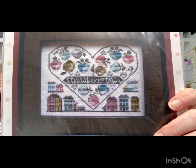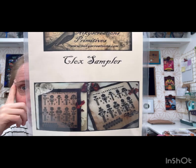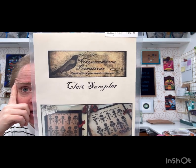Again, this would be a pretty quick little stitch. Just love it. It's so cute. So I got those. And then I got a couple of regular price charts. So I don't think I'd ever seen this before, and I love it. Clocks Sampler by Nikki's